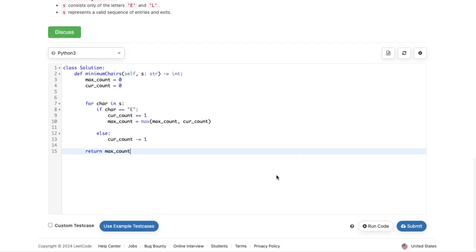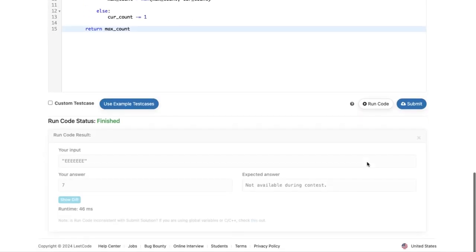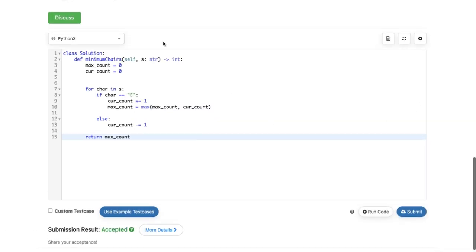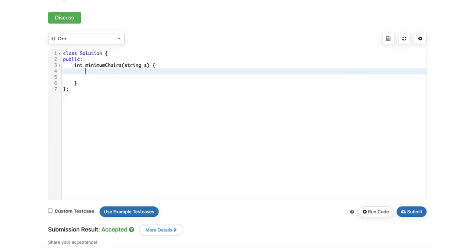Let's run this on the example. That works. Let's submit it. Accepted. Okay, now for the C++